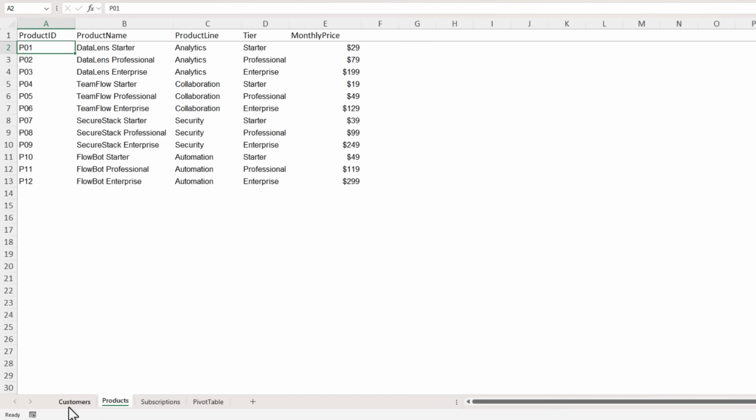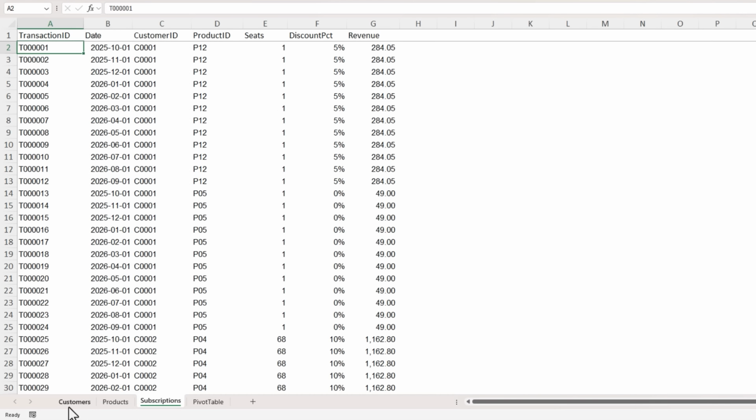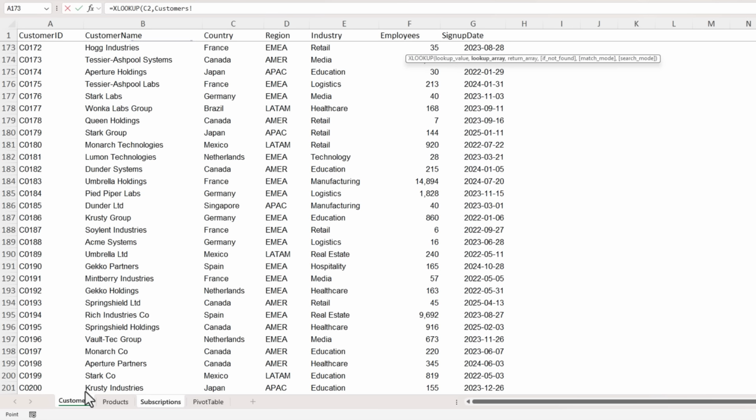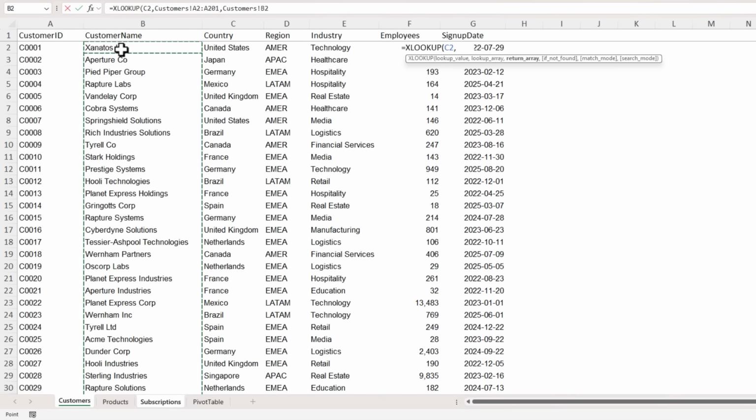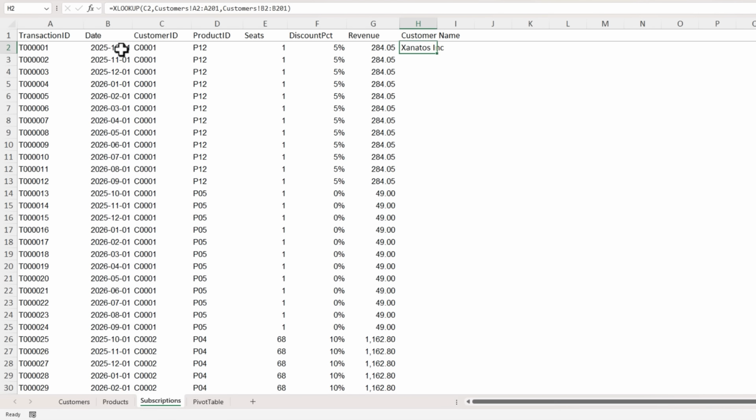Now a regular pivot table only works when all of that information is in one table. So that means on the subscriptions table, you'd add a column for the customer name, and then you'd use an XLOOKUP or VLOOKUP formula to look up the customer ID in your customers table and return the customer name, and so on and so forth. And you'd repeat that for all of the dimensions you want to analyze your revenue by. And that might work at first, but it creates a bigger table, unnecessary file bloat, and it still doesn't solve